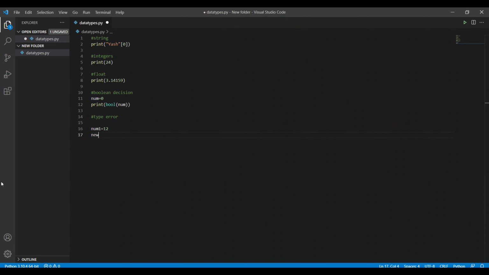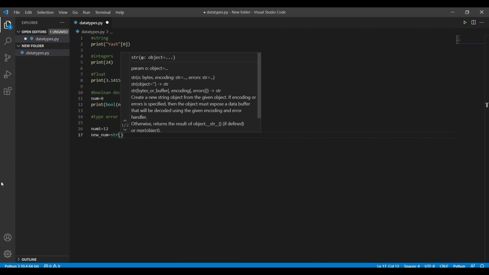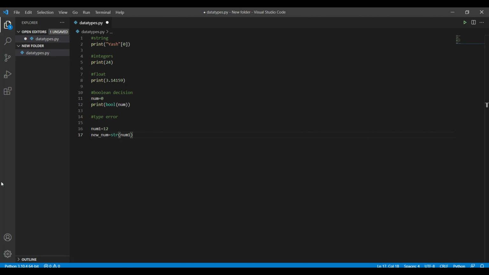So we'll write here new num is equal to str, that is string function str, and then num1. तो यहाँ पे क्या हो रहा है, we are converting it to a string value and we are storing that value in new num. तो अभी ये print होगा,